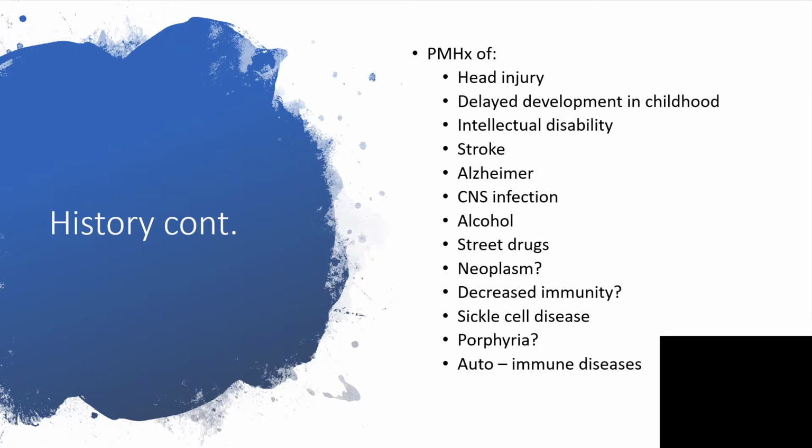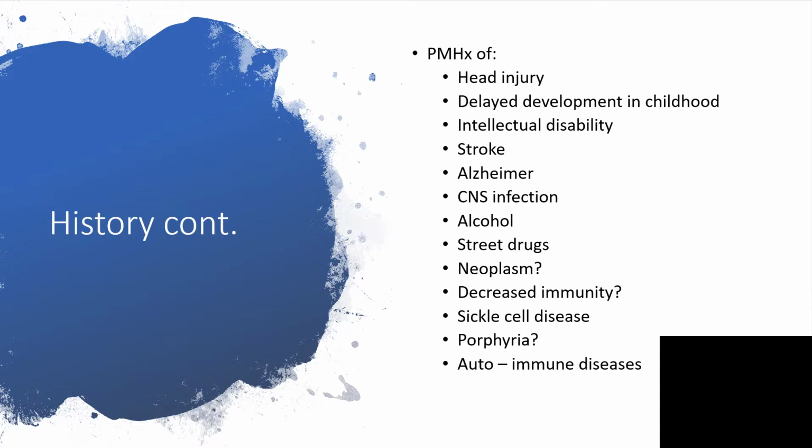We also ask about past medical history of head injury, because subarachnoid hemorrhage and subdural hematoma could all lead to this. Hypoxic ischemic injury, traumatic brain injury, all of them. Delayed developmental problem in children is a clue. Intellectual disability, history of stroke, Alzheimer's disease, like 10 to 20% of them at the later stage of the disease,